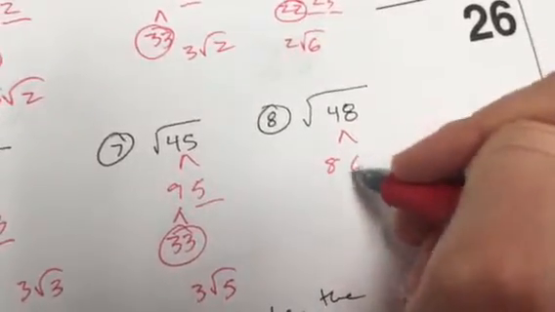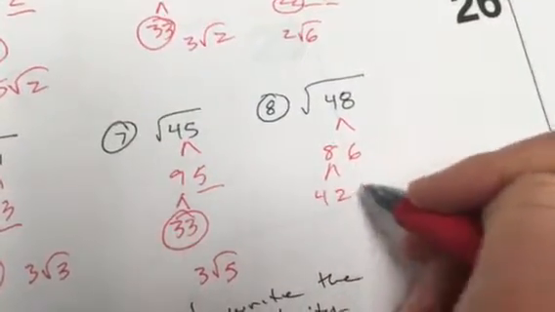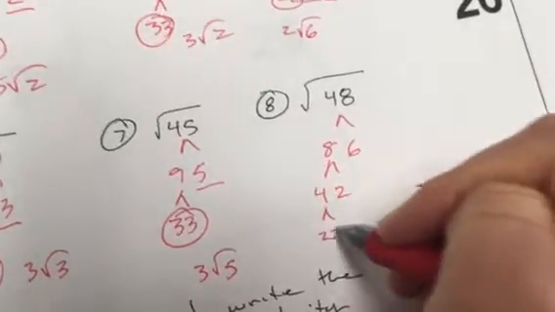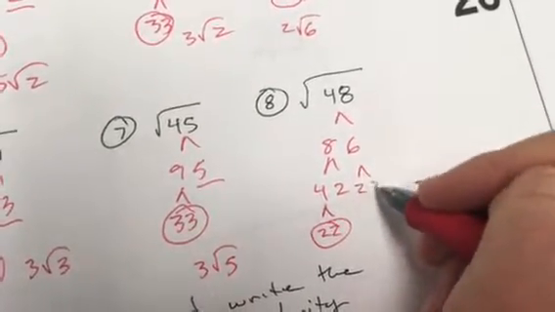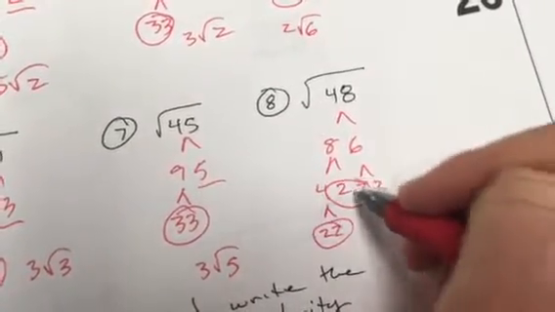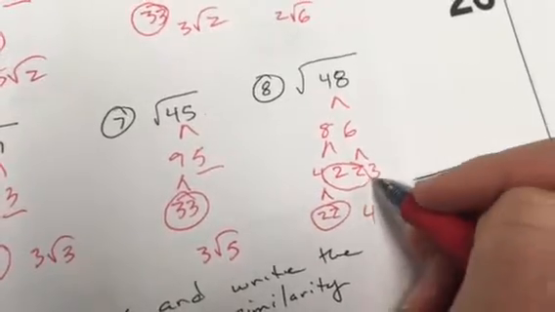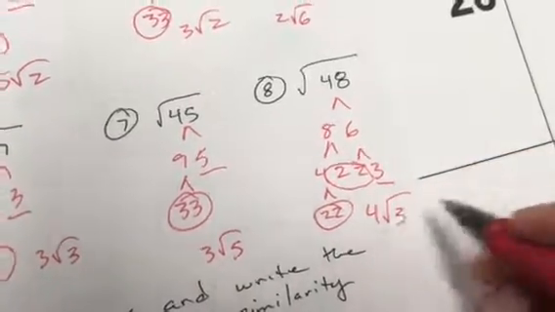48 here, probably 8 and 6. 4 and 2, 2 and 2, 6 is 2 and 3. Those two go together. 2 times 2 goes on the outside. 4 root 3 has to stay on the inside of that jail. Then, folks,